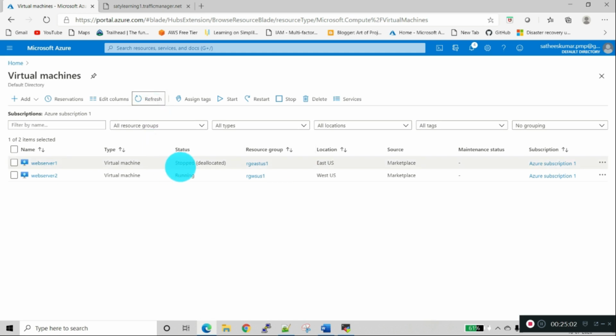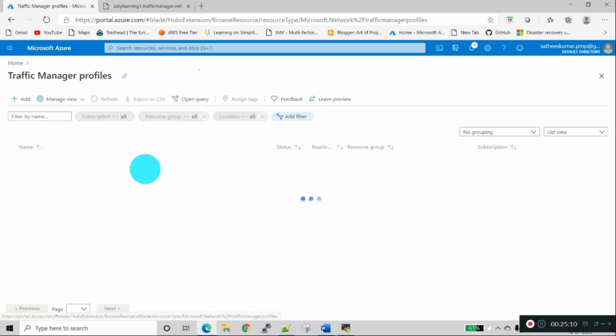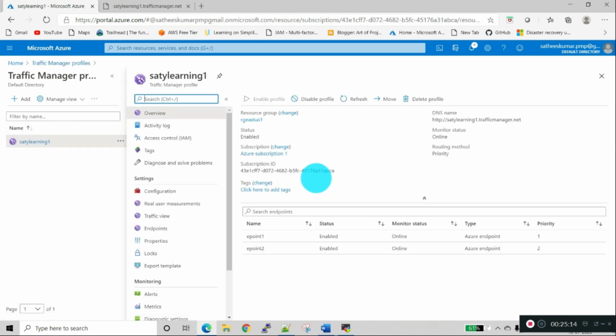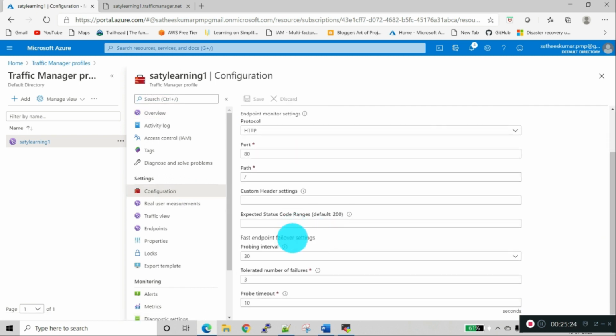If you see here, web server 1 is stopped and web server 2 is running. Now we will go to traffic manager profiles and see what the current status is. It's telling that both the servers are online actually, because as we have seen in the configuration, it will take this interval time to check whether port number 80 is up or not.